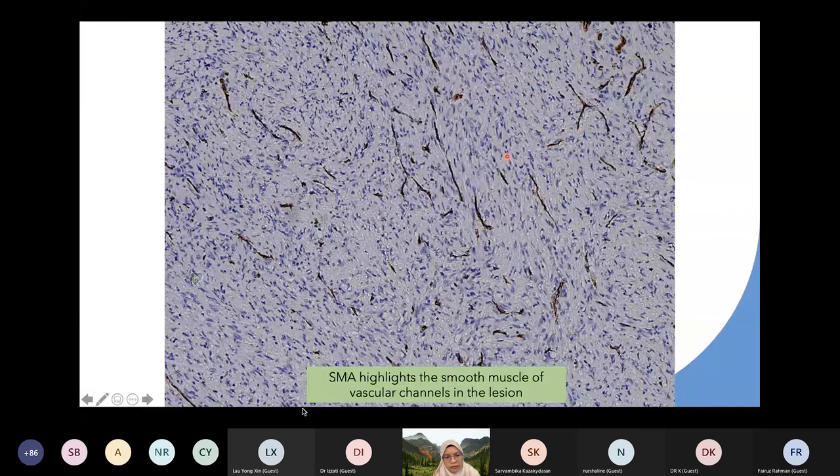Okay, now another example where we can utilize the IHC. This is a case of a spindle cell lesion. We don't know the origin of the types of cells that form this tumor. When we stain with SMA, we just want to see whether it's actually smooth muscle in origin or not. However, it doesn't pick up, so it's not a smooth muscle tumor, but you can see that the internal control works well here because